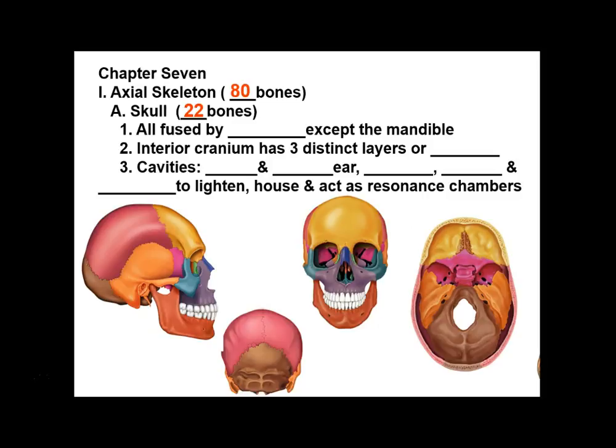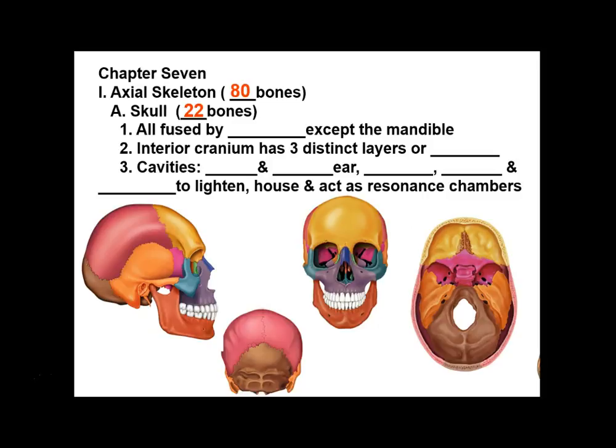So looking at the pictures, just let me point out the cranial bones first. The nice golden one in the front, of course, the frontal bone. The top and the sides is kind of a fuchsia pink. Those are the parietal bones. The base of the skull is brown. It's the occipital bones. The lateral sides of the skull are the temporal bones, and you can see the ear